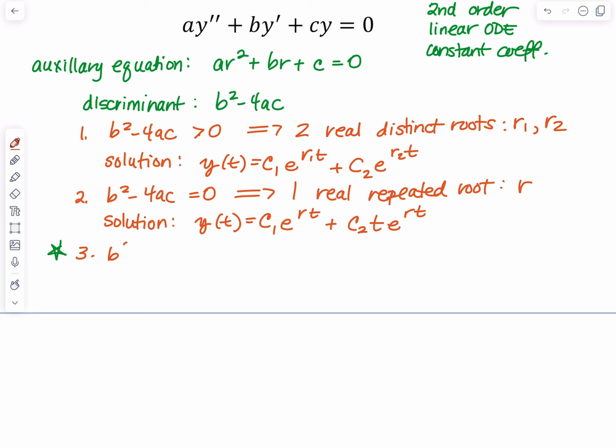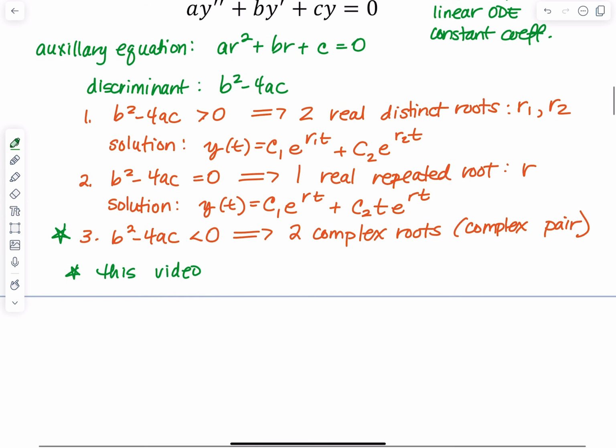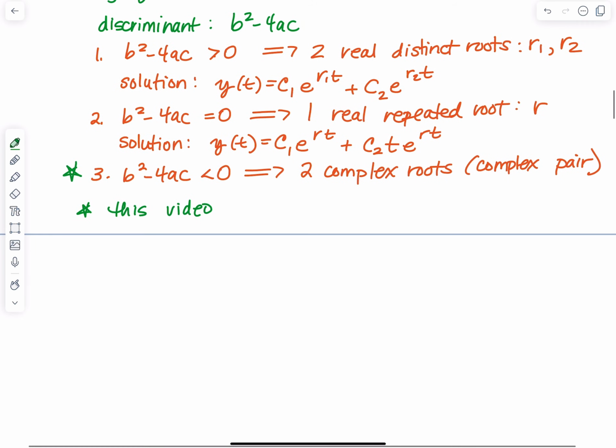And that is the case where the discriminant is less than 0. And in this case, we are going to have two complex roots. We will have an imaginary part of that. We call those a complex pair. And that's what we are going to be talking about in this video. Okay, so let's take a look at what we have. When we solve this auxiliary equation,